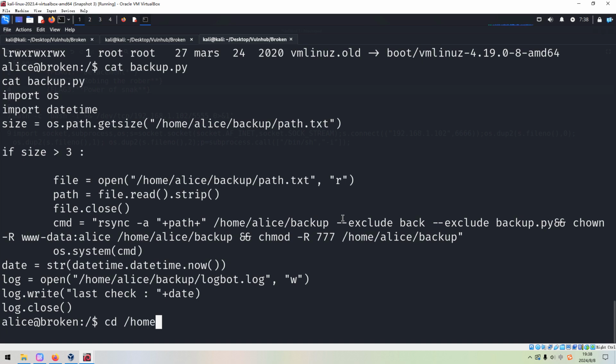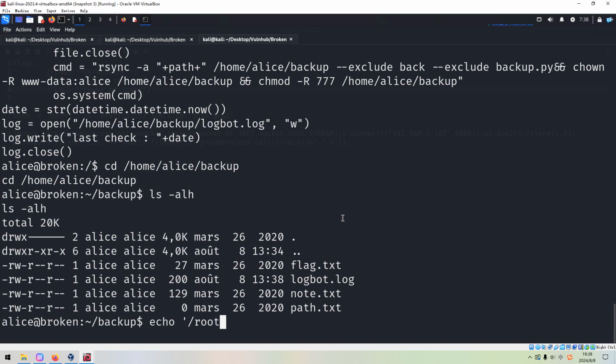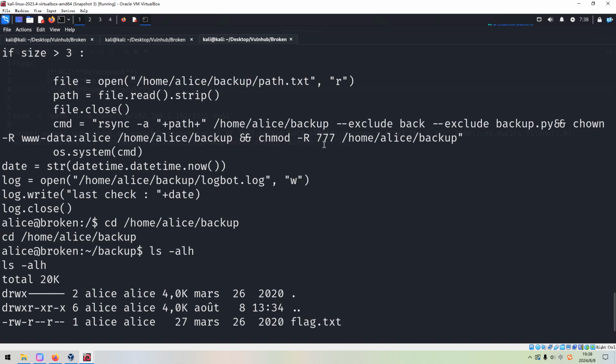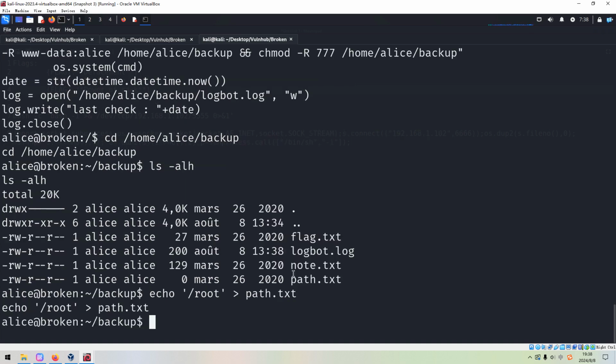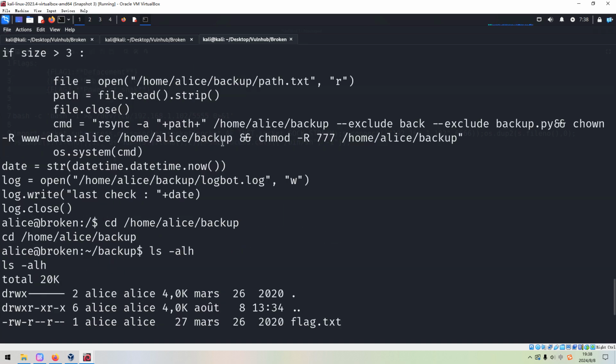We can go to home, Alice, backup. Now we can put the root directory into the path. And then backup. So we just monitor some changes under this directory. If this Python script is executed, then the content of this path, the root directory, will be copied to the backup.